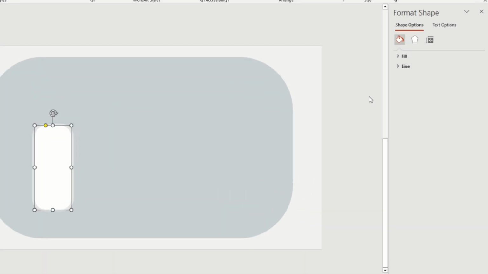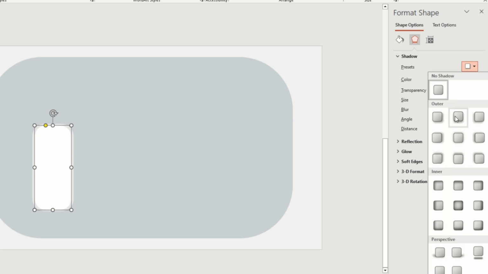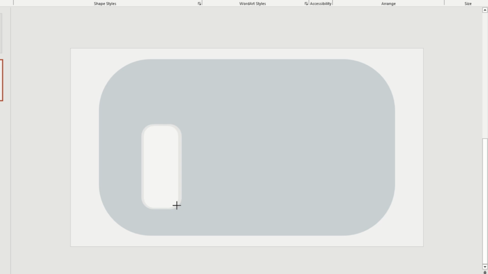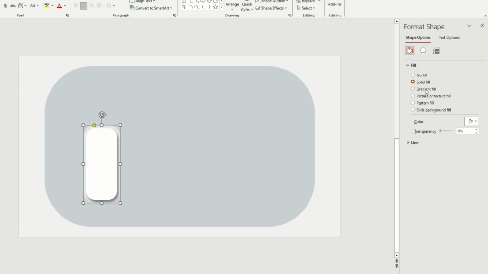Now the next thing you have to do is go to shape format and give it shadows. There you go. Let's give it inner shadow and some preset and increase its blur, and let's give it some transparency as well. Now what I'm gonna do is decrease its size and put it into the middle, and let's